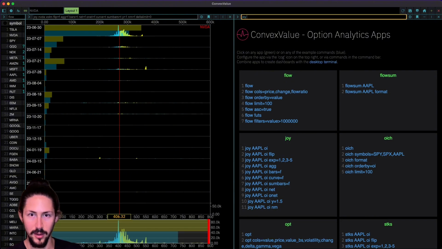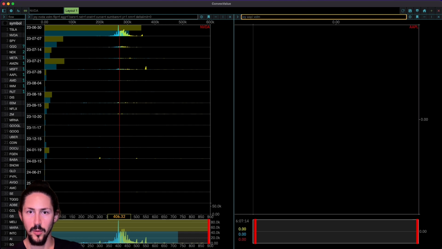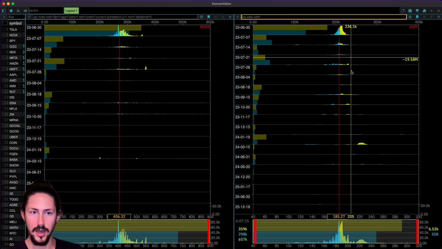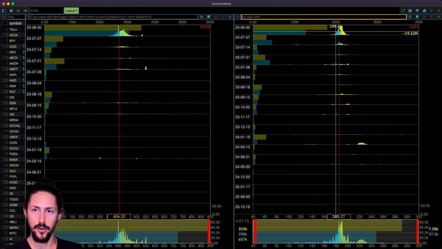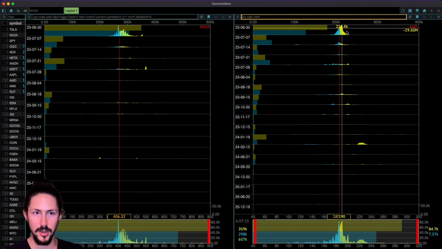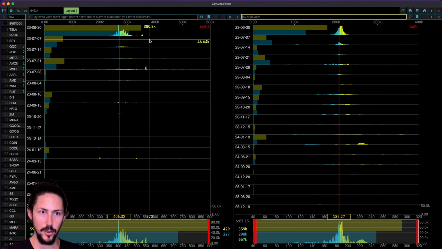Let's compare it with Apple. So look at Apple. In Apple, it's very similar, centered around the June 30 expiration, more calls than puts. So you don't have as much